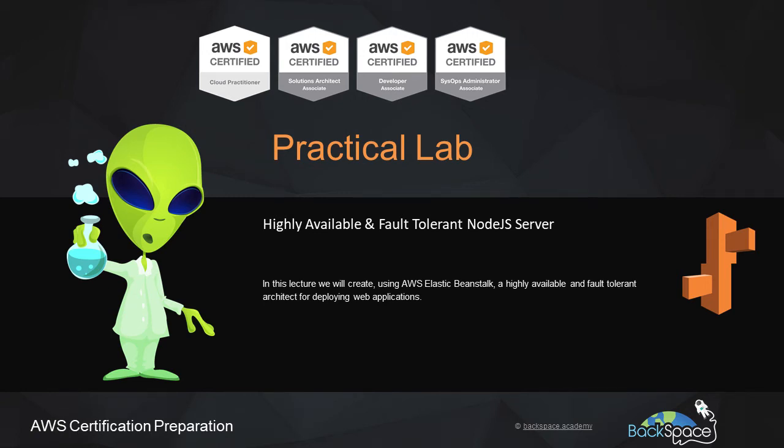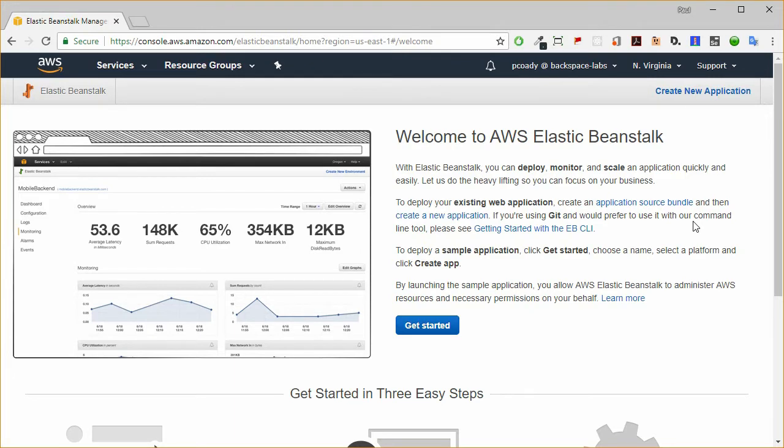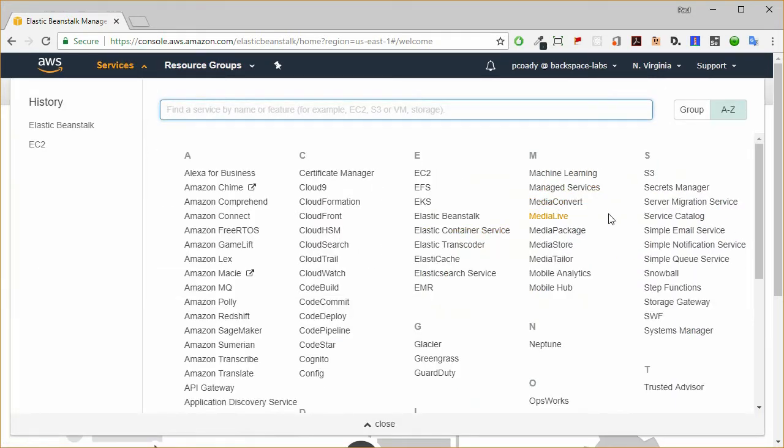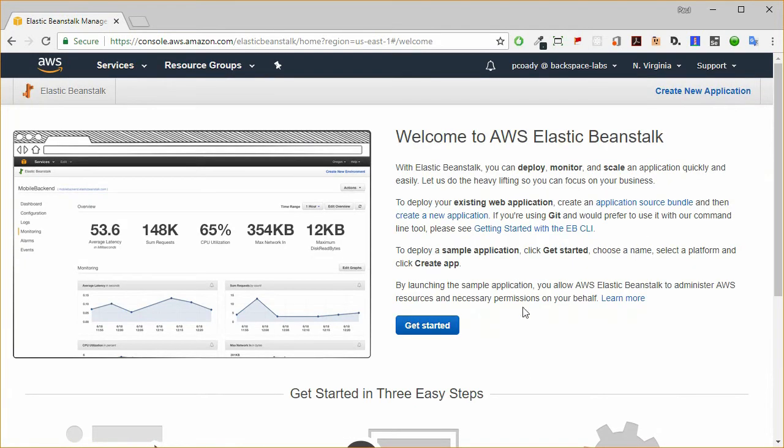In this lab on Elastic Beanstalk, we're going to be using the Elastic Beanstalk service to deploy a NodeJS application and deploy it to a highly available and fault-tolerant architecture. So starting off in the Elastic Beanstalk console, again we get there from Services and Elastic Beanstalk. Once we're there, we can see a welcome screen there if we haven't got any Elastic Beanstalk environments already. What I'd like you to do now is just click on Get Started,